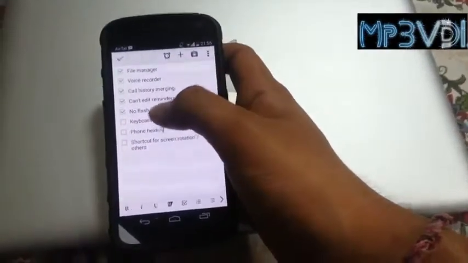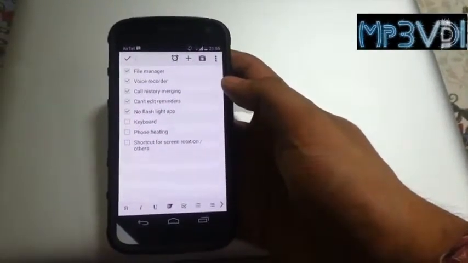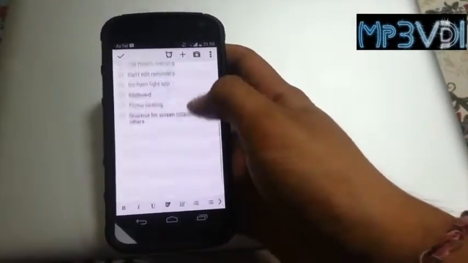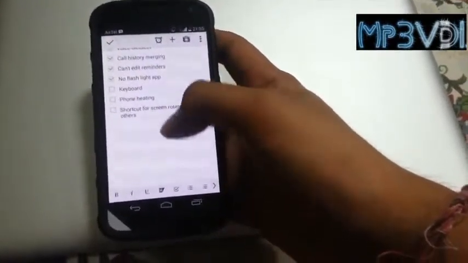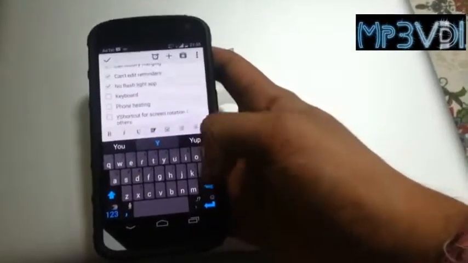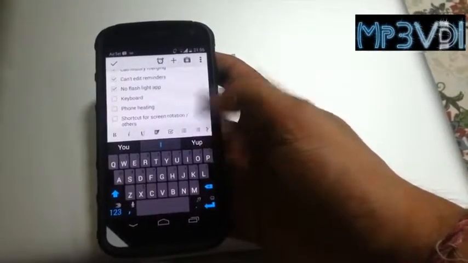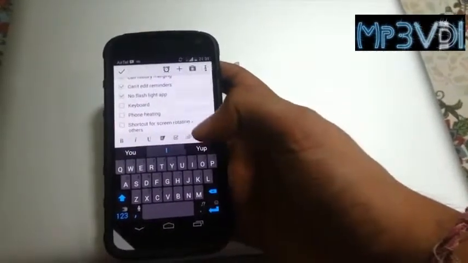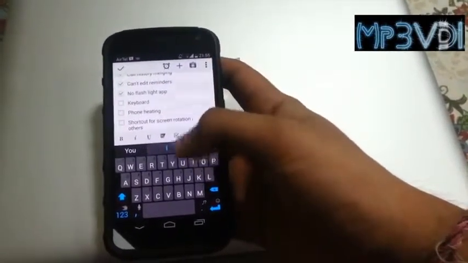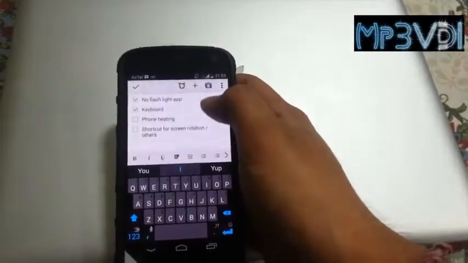Coming to the next one is keyboard. Now guys, one thing which I noticed as soon as I shifted from the Galaxy S3 to this phone, on the first day, I thought there was something wrong with the calibration on the screen. If I pressed Y, it would recognize some other key. Then I figured out it was not a problem with the screen, it was actually with the keyboard. The default keyboard is very bad, and I have installed SwiftKey and now it works absolutely fine. Let's go on to the next feature.